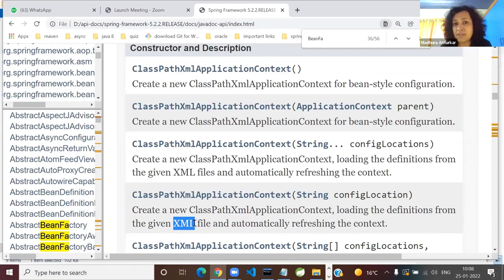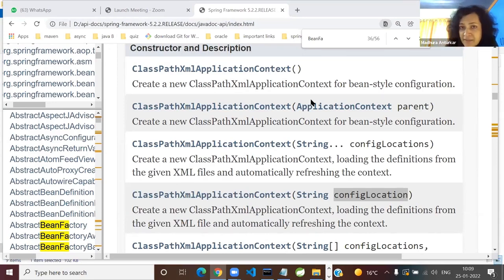So what we will do in the next 2 minutes is I am bootstrapping Spring for you. We will start the container by creating the instance of this class. Have we created any bean configuration file or we haven't? We have created a bean configuration file just a moment ago, or whatever, minutes ago. And we will supply that configuration file name, not the location, file name it requires. Location we have given, the class path, that is src main resources. And then we will see whether any beans are getting created at all. We'll see whether Spring is giving us ready to use beans. So just 2 minutes more.